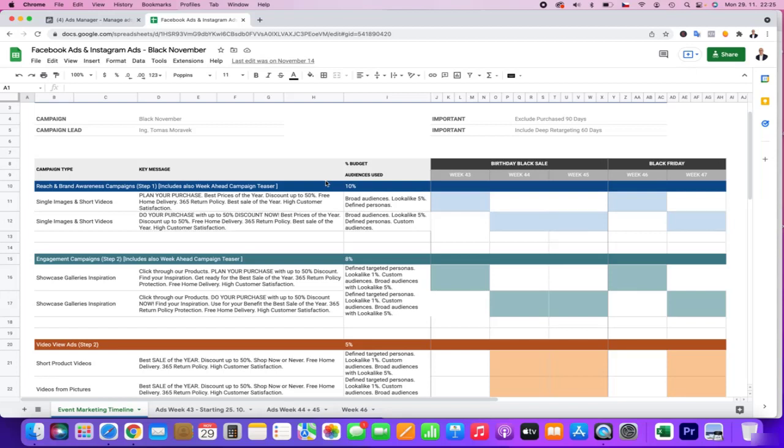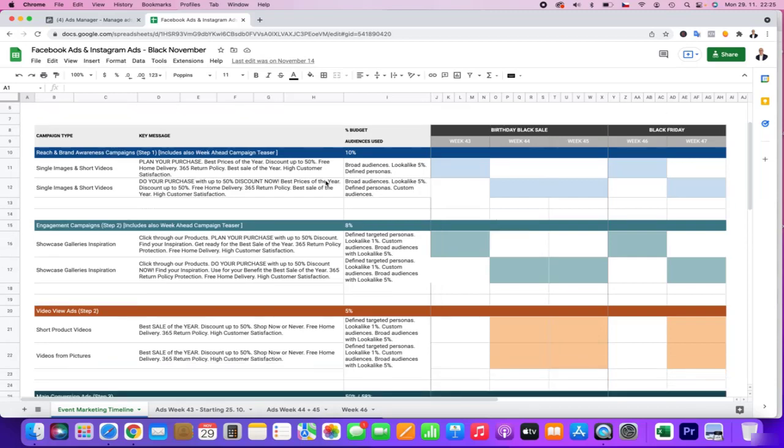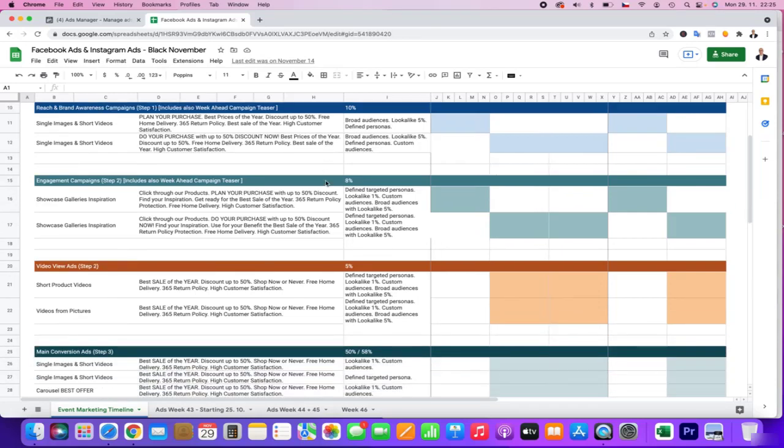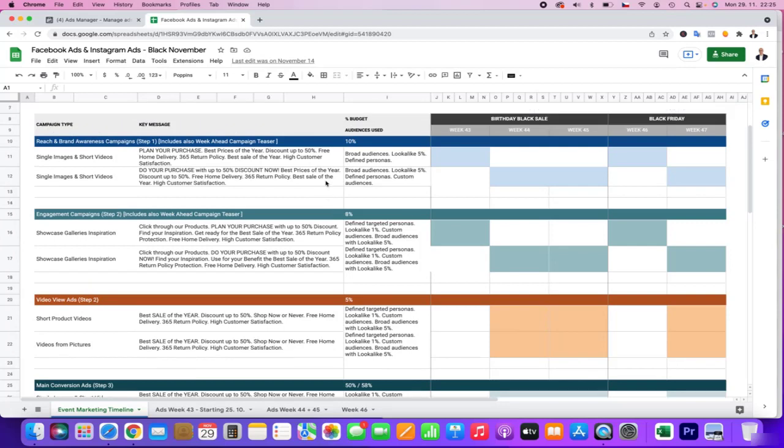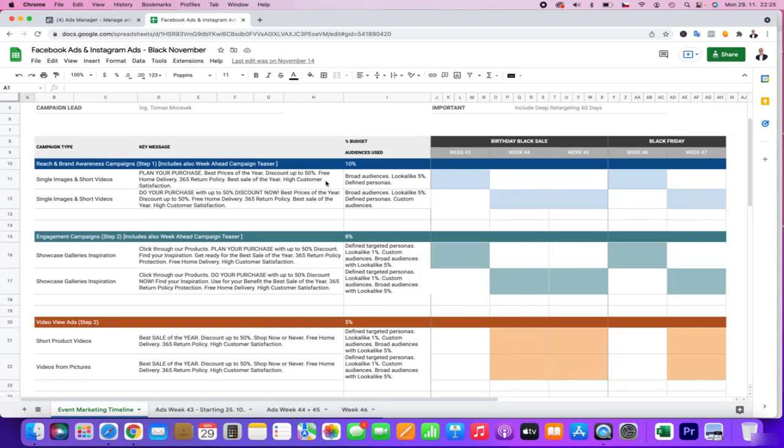I honestly believe this is the most important: reach, engagement, and of course main conversion ads, and using the power of retargeting, not just website, but also engagement retargeting or video view retargeting, is really the key to your success.